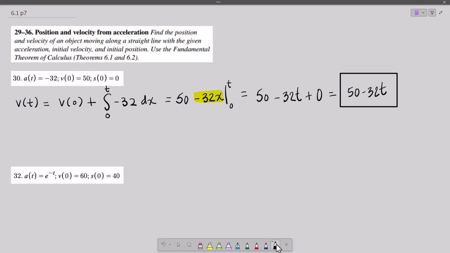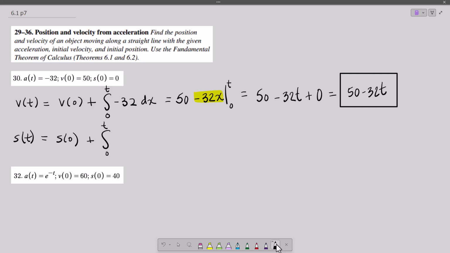Does that make sense? Everybody clear? The 50 is on the outside, so we plug in the t here, we plug in the 0 here, and then we take the difference. Upper limit minus lower limit. Now do it again. So now we have s of t will be s of 0 plus the change from